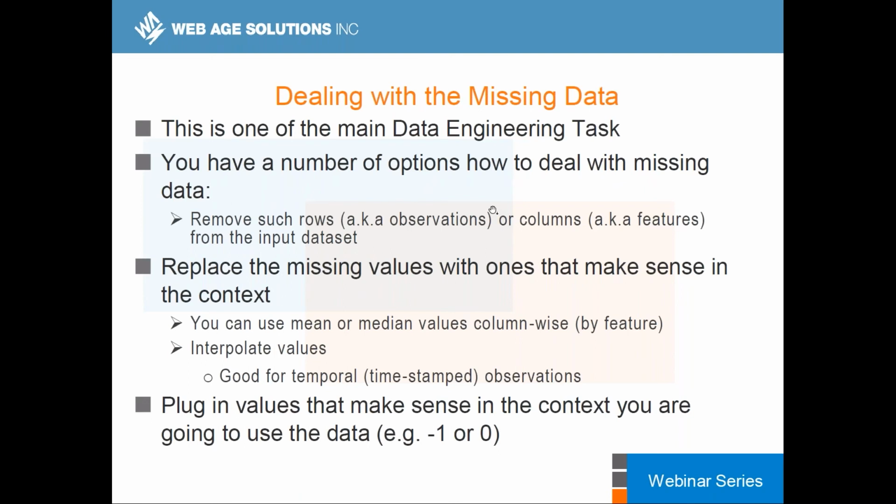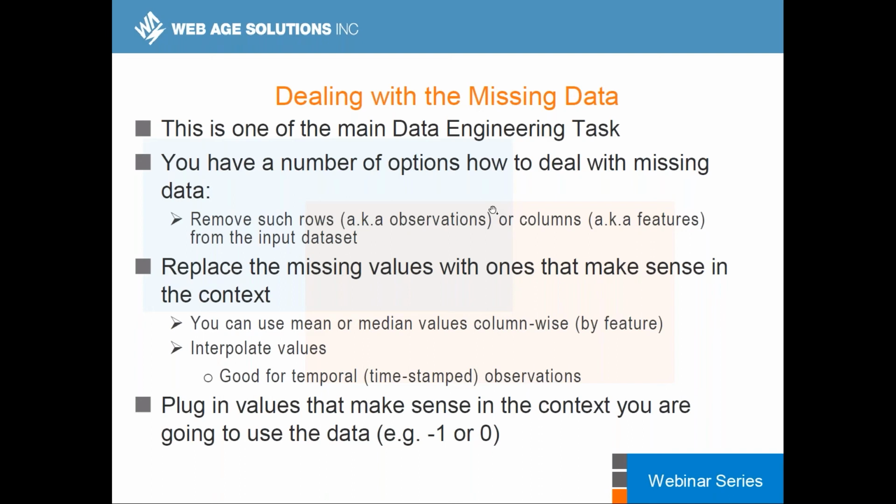Dealing with the missing data is again one of those tasks that you need to take care of in your job. And the options for dealing with missing data are quite a few. You might decide to remove the whole row, which is treated as an observation in statistics, or columns, like features or attributes, from the input data. It's quite drastic, and sometimes it's not a desirable approach. You are better off to